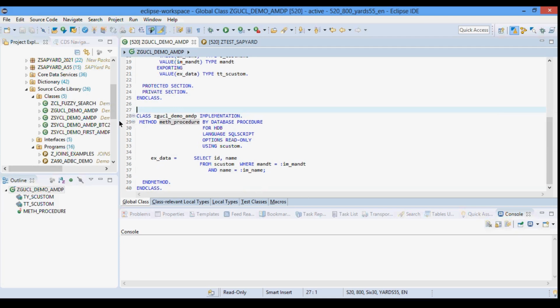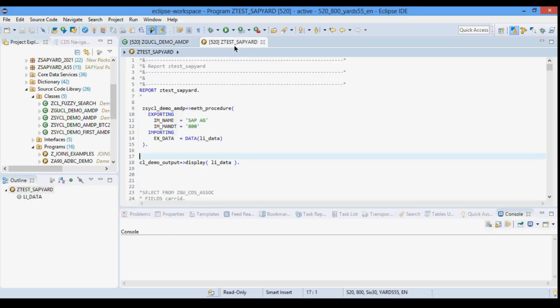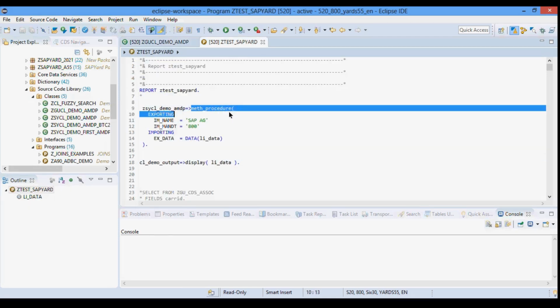This we now know. Secondly, when an AMDP is processed, the ABAP kernel calls the corresponding database procedure in SAP HANA. That means whenever there is a call to this particular AMDP method, the ABAP kernel will call the corresponding database procedures in SAP HANA. Now AMDP makes sure that the database procedure is available at runtime. How? Firstly, the database procedure is created at first use.